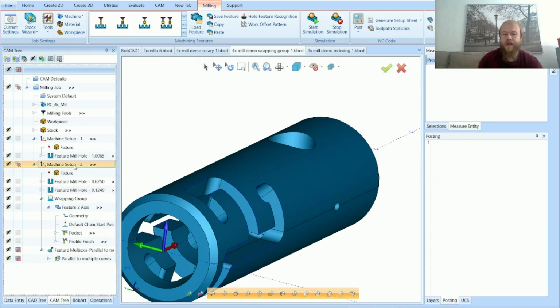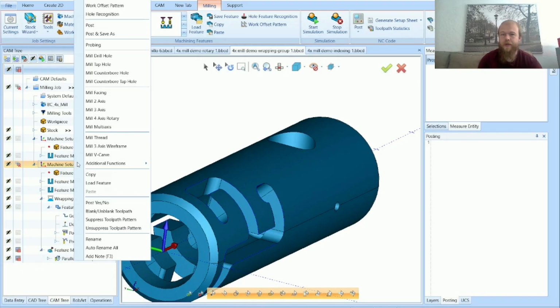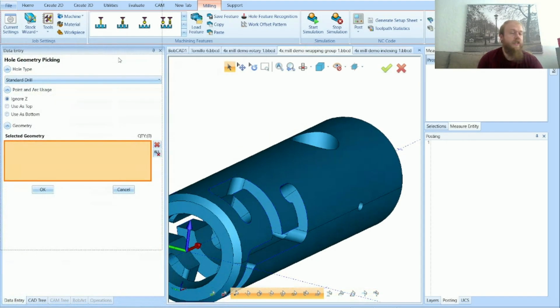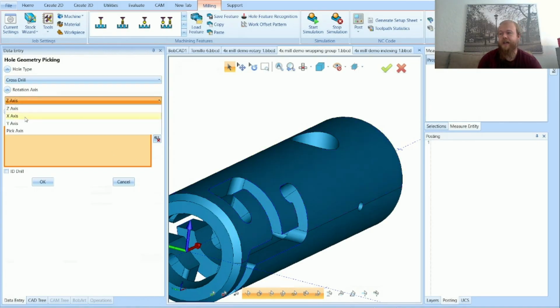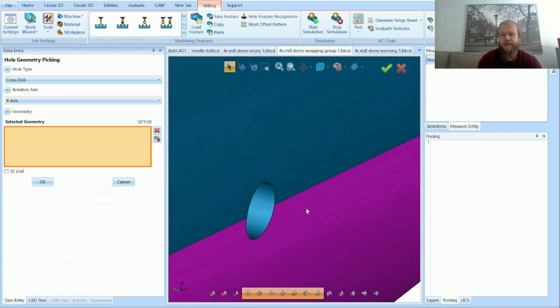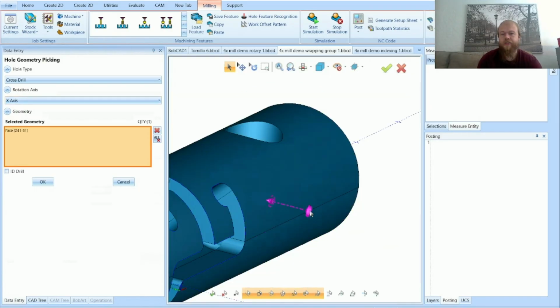All I have to do is right-click on the machine setup I'm programming in, go to mill drill hole, and I'm going to change it from standard drill here to cross drill. And then I can select the rotation axis, which is going to be around the x-axis. And then I select the surface of the hole so that it knows the direction of the drilling operation from there. When I click OK,